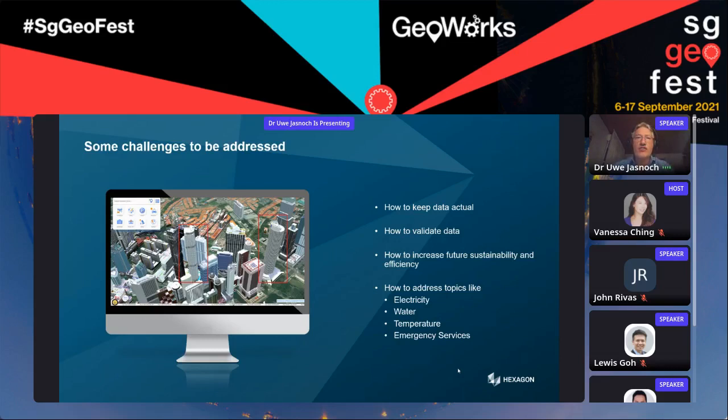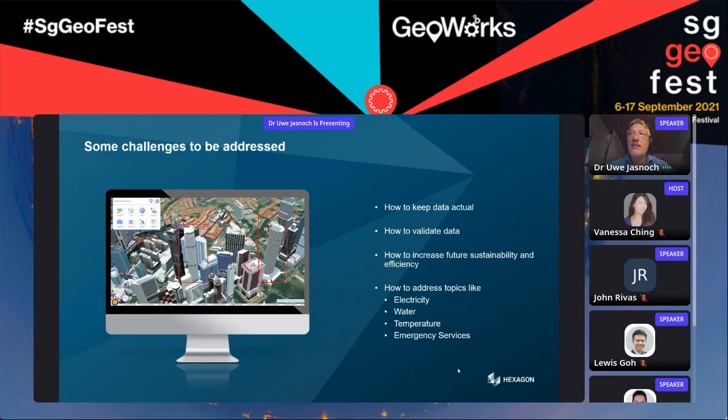the data actual. Now we can argue, oh, that's exactly the topic of BIM. Yes, to a certain degree. But we also have to accept that not everything is always planned with BIM, even if we would like to have it. And second, as BIM is only addressing the planning stage, we need to make sure that this is also working in the post phase, where we need to validate and verify if the buildings, or the constructions, are really built as designed.